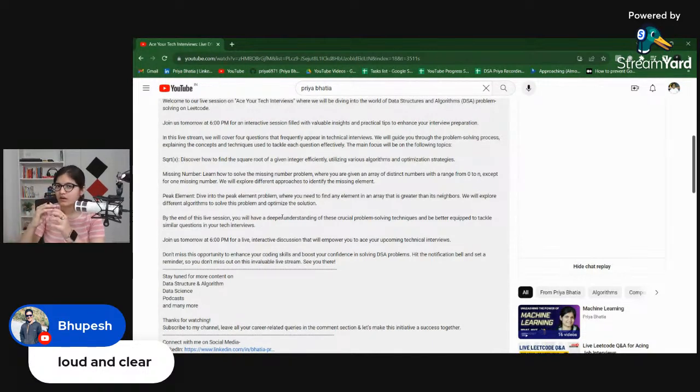Or suppose we are from the data science domain or the web development domain, we are in some other domain, but we want to do that much amount of DSA that we will be able to crack the interviews. So let me know what path I should follow, what things I am supposed to know, and what the standard questions in LeetCode are that we should know, so that we can get our preparation done within a short amount of time, and then look at the opportunities outside for the job part, right? So this is a very important session for all those students who have this kind of query, because today what I will do is